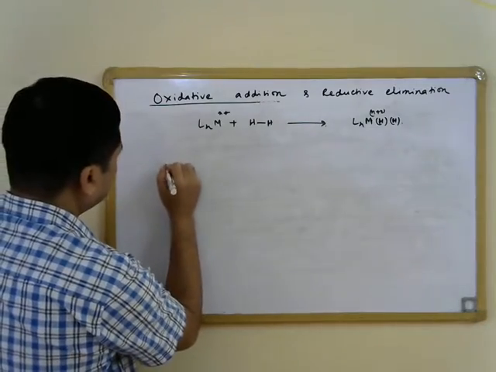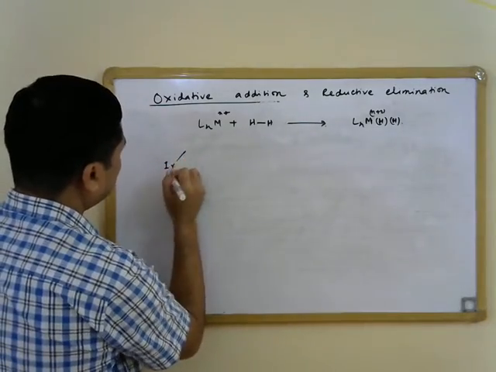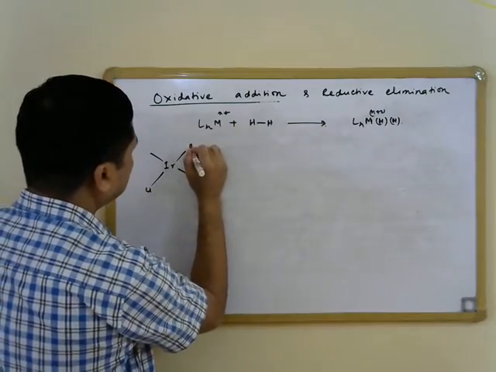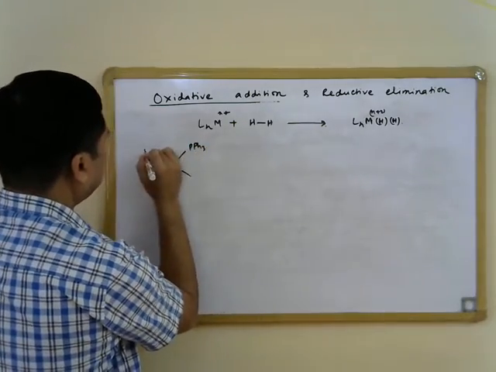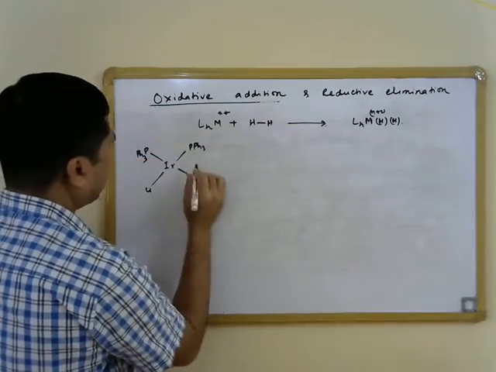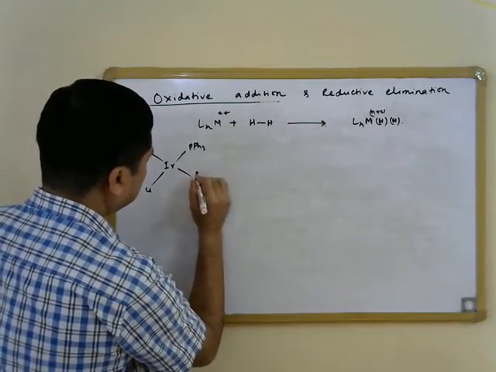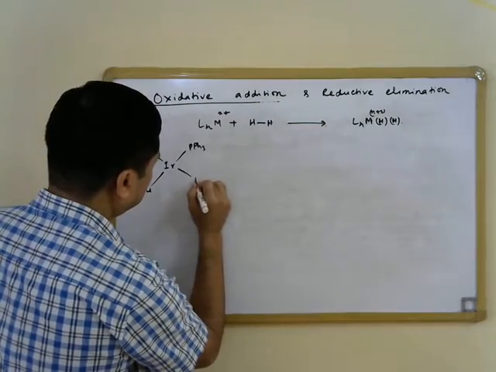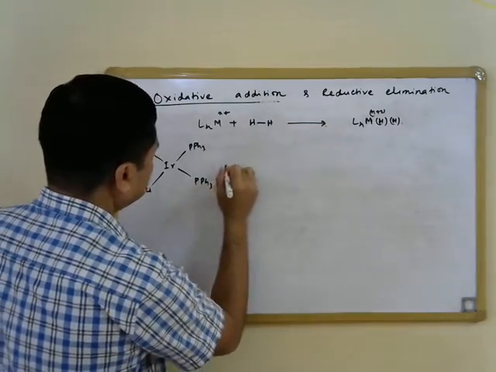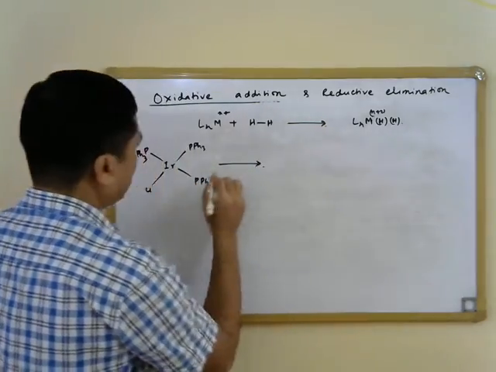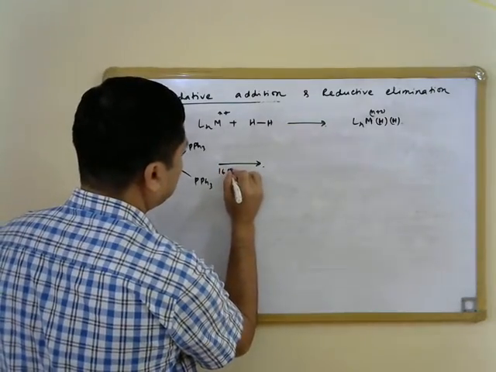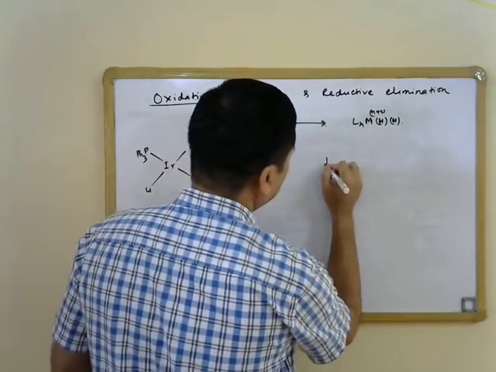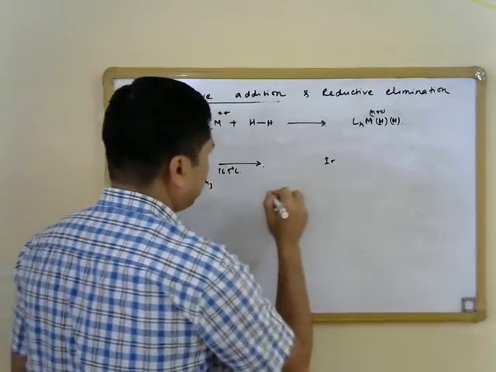So this reaction takes place in an iridium triphenylphosphine complex. So when we heat it up at 165 degrees Celsius for a longer period of time, what happens is that